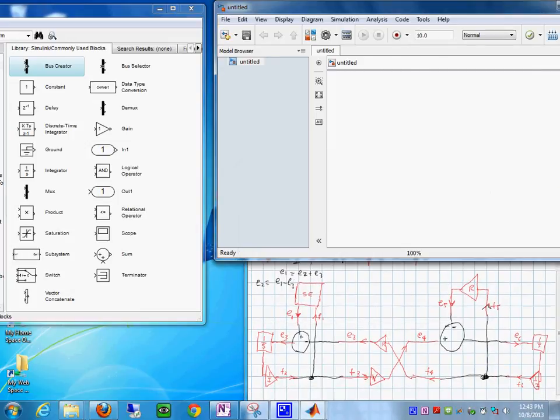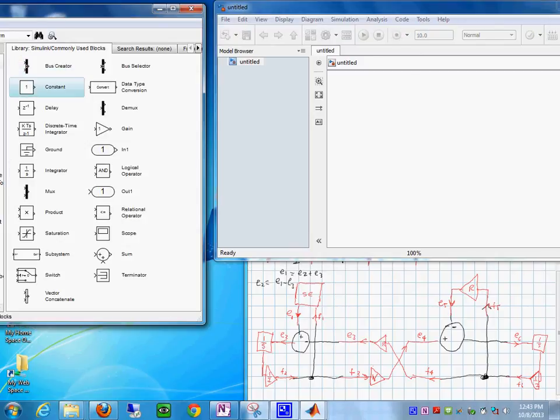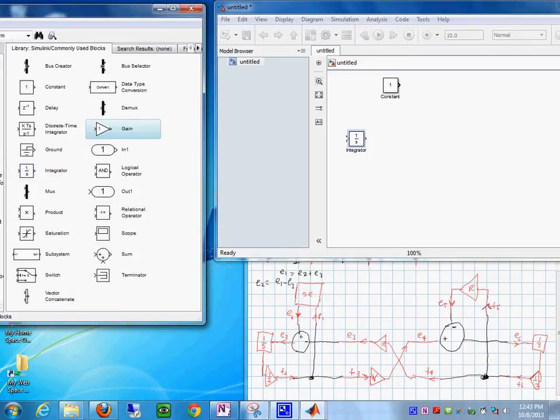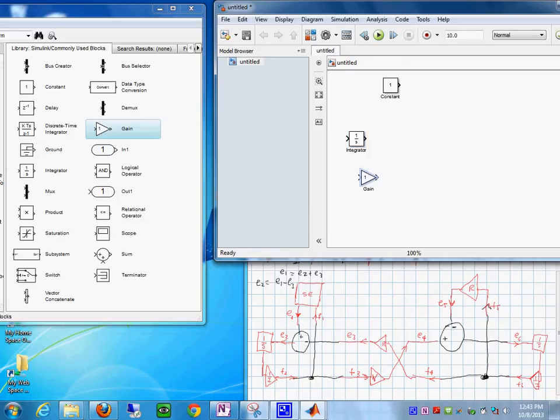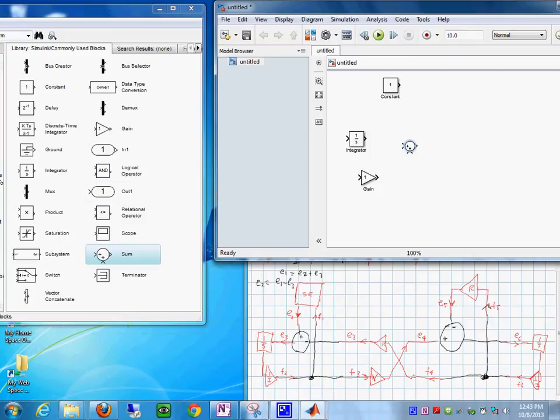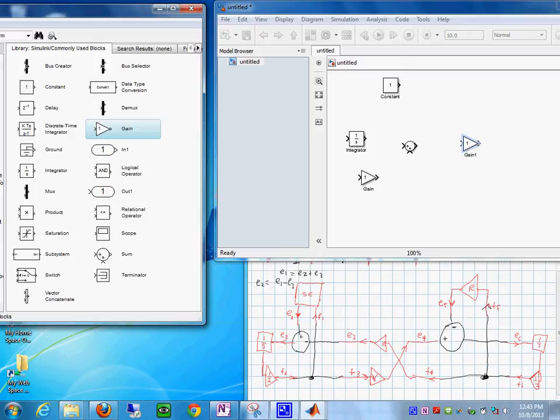Okay, here we go. Let's put this, the source, here, and then I'm just going to bring the elements. They are not in any order that I need. So I will put in here, we need one of these two, we need another one here, we have to bring another one over here, we'll bring another summation point to the right hand side,